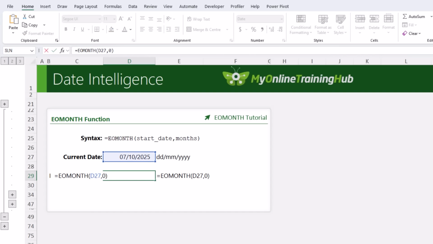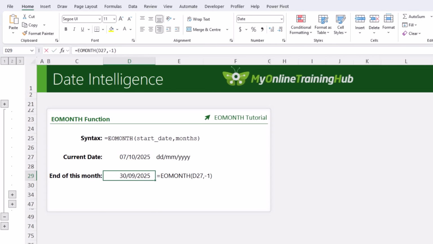What if I want to find the first date of this month? Well, in that case, I can subtract a month. That's going to give me the end of the previous month. And then I just add one day to get the first of the month. So you can see with EOMONTH, it's super versatile and especially handy if you want to aggregate data by